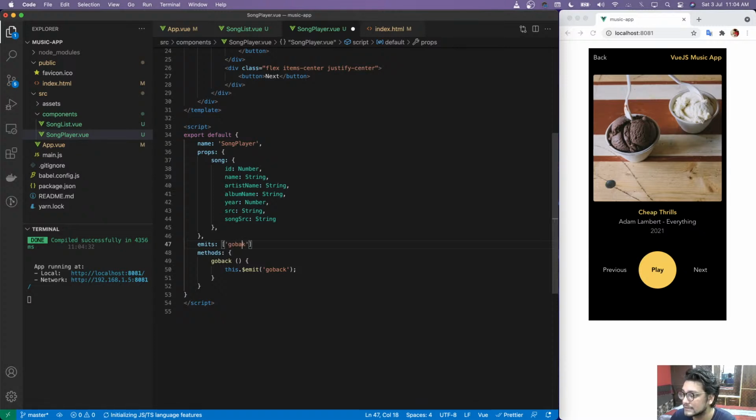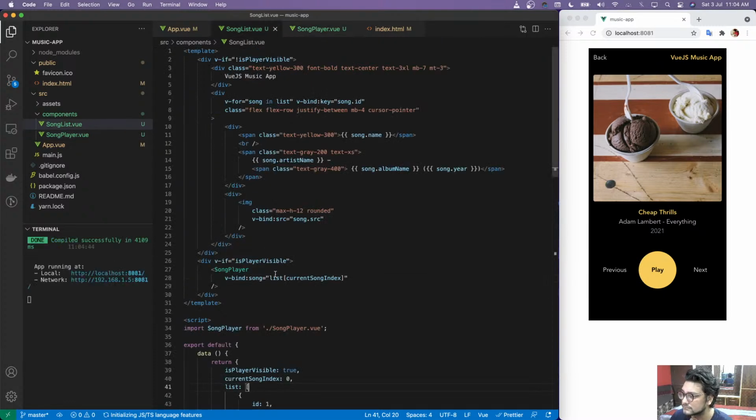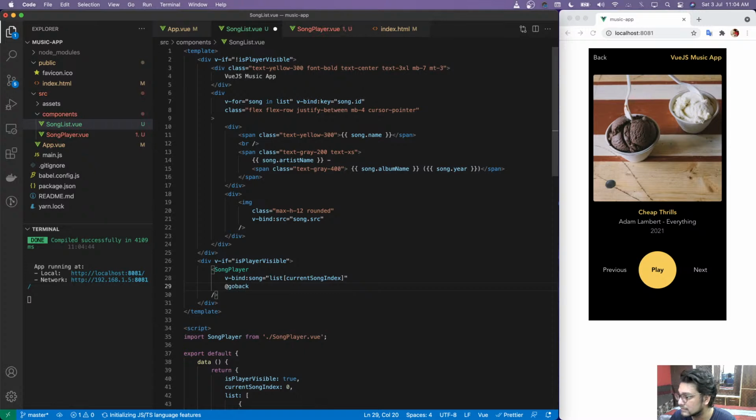So goBack, right? And in the song list component, I'm going to say @goBack, right? At goBack,